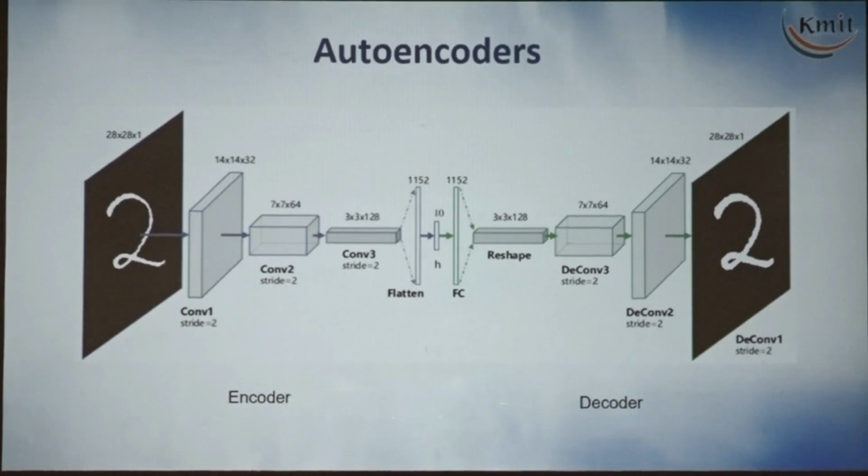And as Neil sir said, you can encode this. Instead of 28 by 28, you can send just 10 bytes over the network. And on the other side, you can apply the decoder. The encoder and decoder should be trained so that it encodes properly, and the decoder should be able to get back the image using this small latent space. With the small vector, it should be able to regenerate.